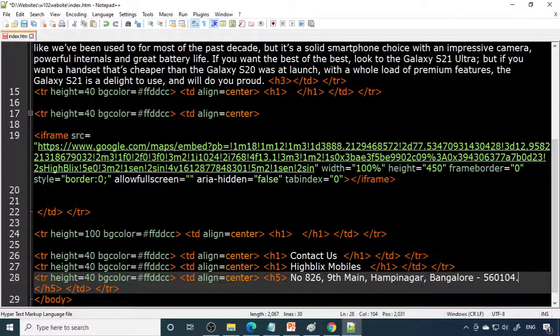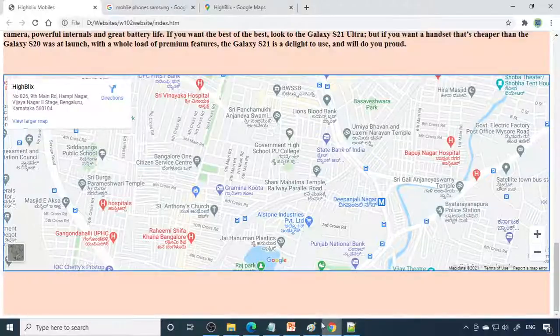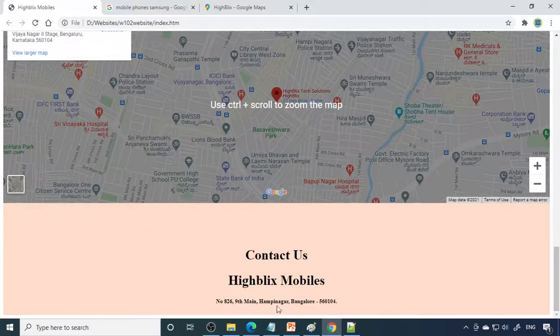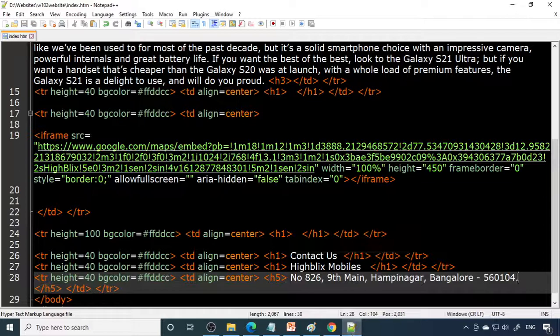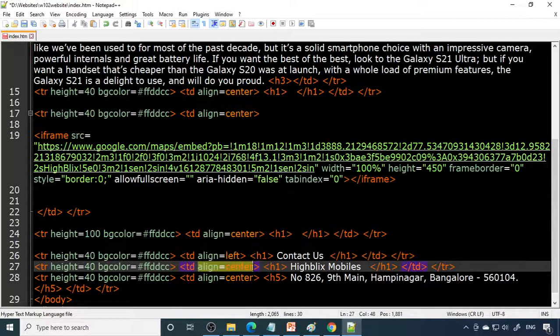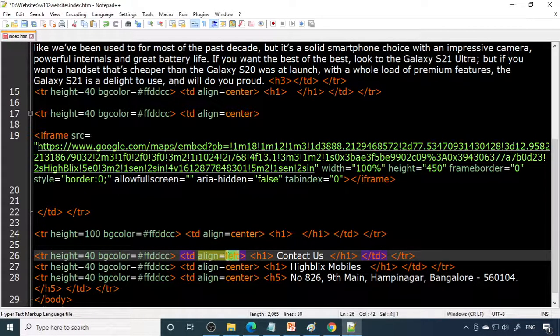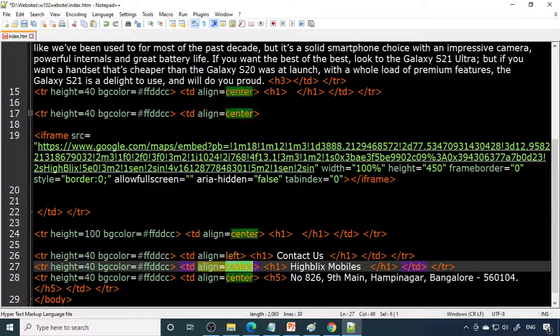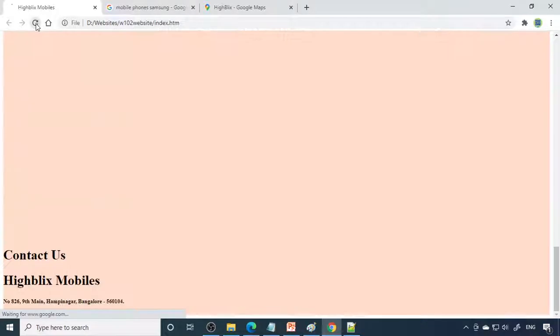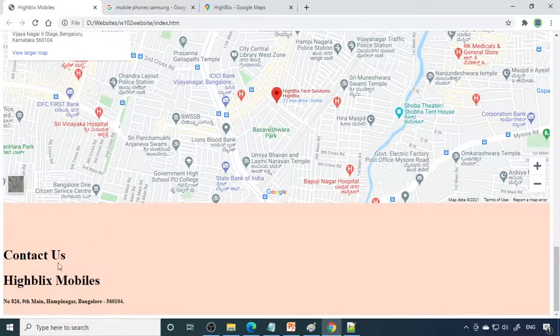Okay. So now if I save this and refresh this, you can see that contact us is all there. So this you can take to the left side, so make it left. Okay, right. So save this. Now you can see contact us, it's here.